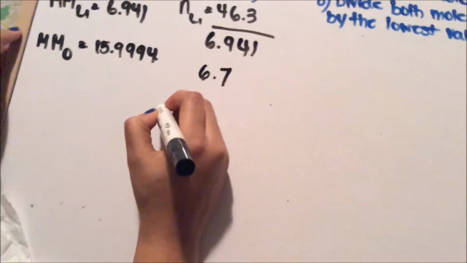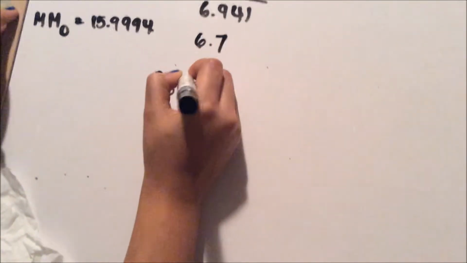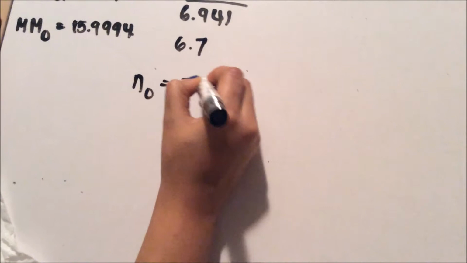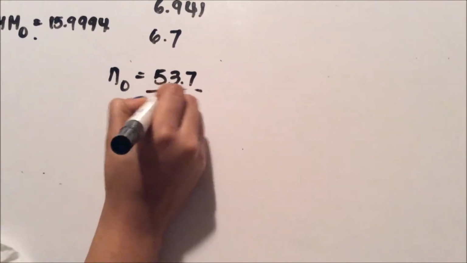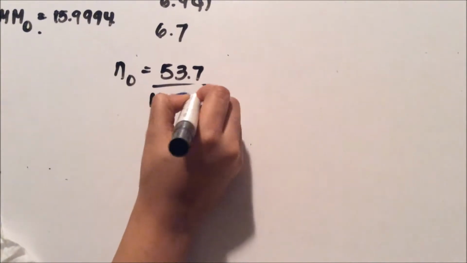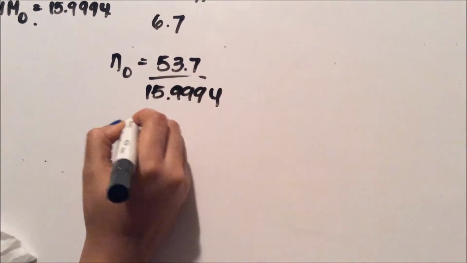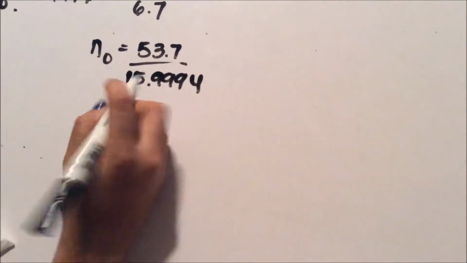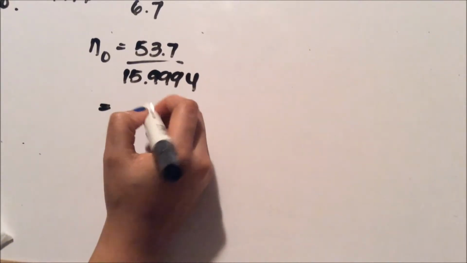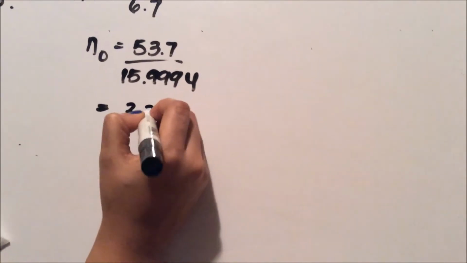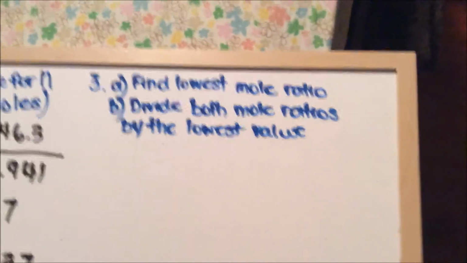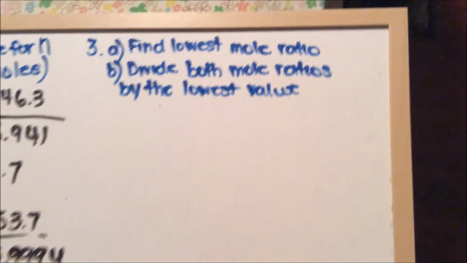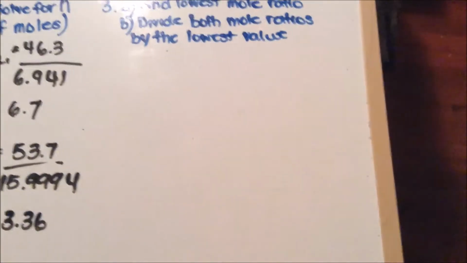Then for oxygen is going to be 53.7 divided by 15.994. And that equals 3.36. Now, finding for part A again, we're going to find our lowest mole ratio, and in this case,